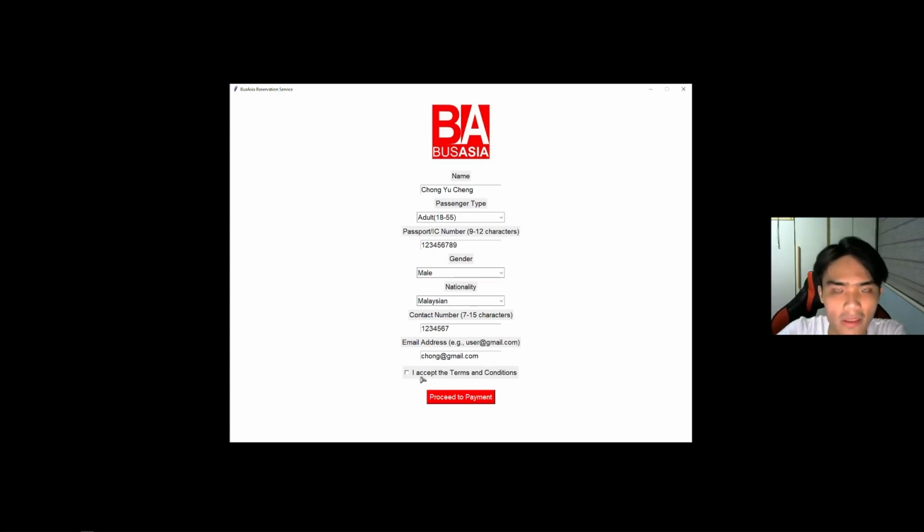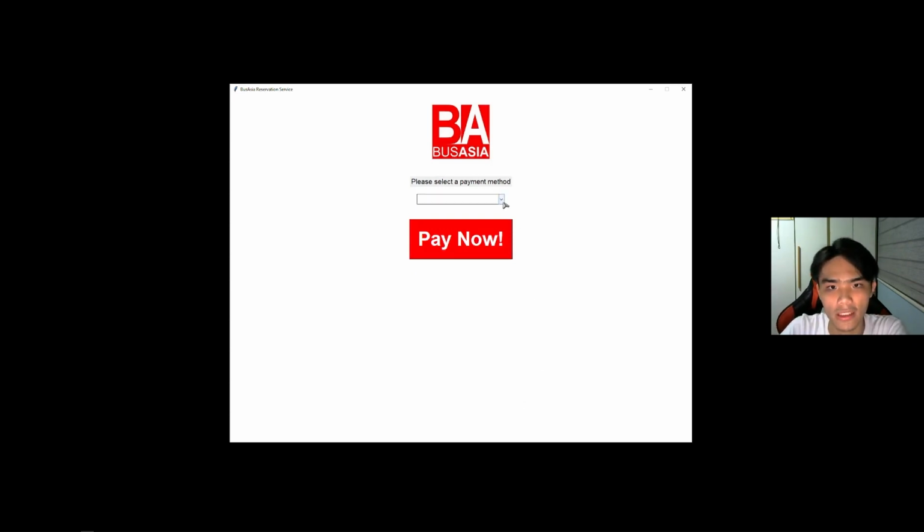So if I don't accept the terms and conditions and I proceed to payment, it will actually tell me to accept the terms and conditions. If I don't fill out all of these entry boxes, and select the value from these drop-down boxes, and I try to move to the next page, it will pop up an error message saying that I should fill that entry box or combo box first. We have code that validates whether or not you have inputted any information to that drop-down box or that entry box. So let's accept the terms and conditions here,